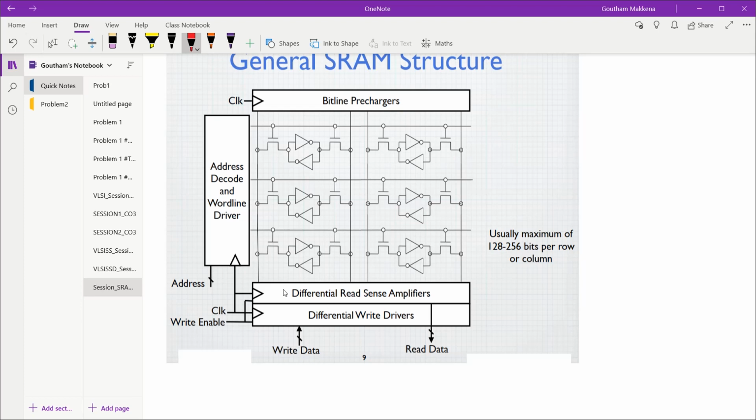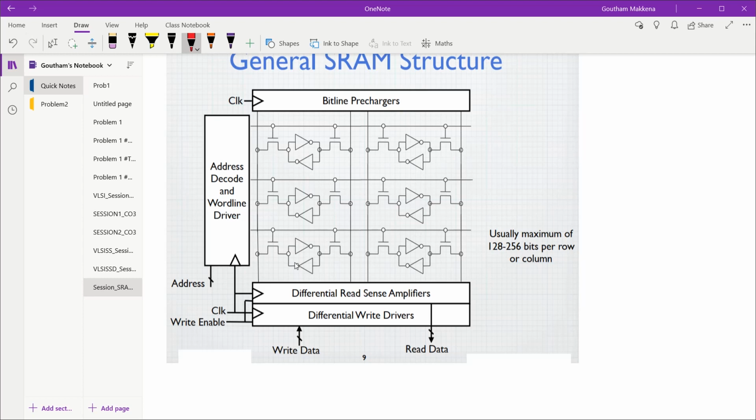And then we have seen how these differential read sense amplifiers sense the difference in voltage in this bit line and bit bar line,